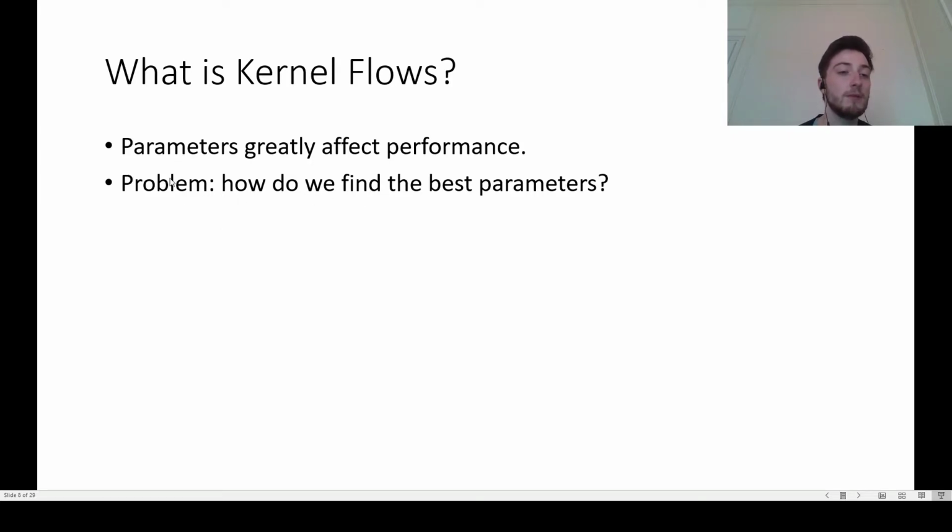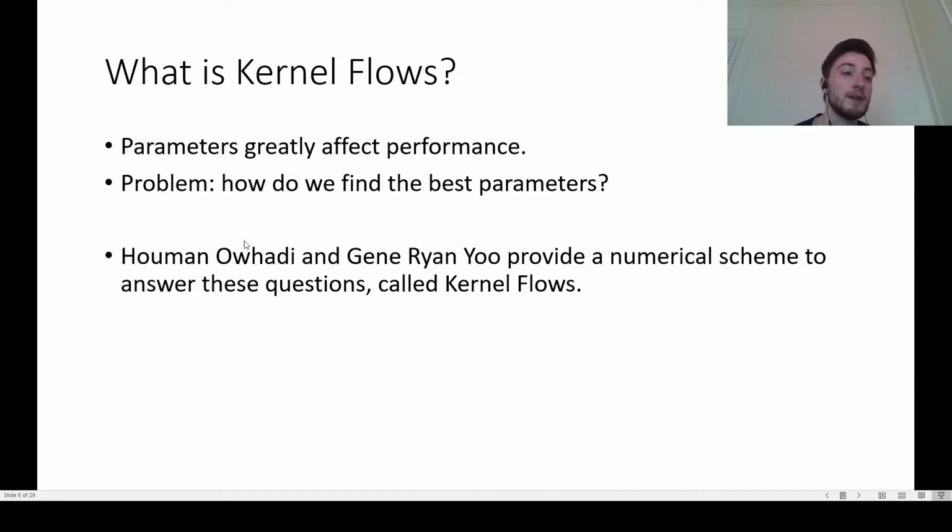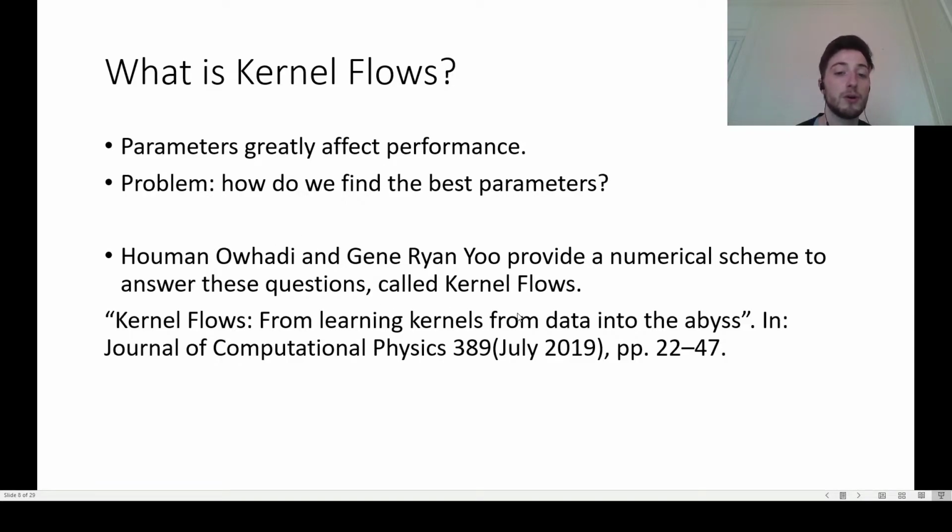And this has the problem of how do we find the best parameters, and in general we're led to doing a grid search, which is testing a large amount of parameters and seeing which one gives us the best result. An alternative is given by Houman Owhadi and Gene Yoo, and what they do is they provide a numerical scheme to answer this problem, and the numerical scheme is called kernel flows, and it was first presented in the following